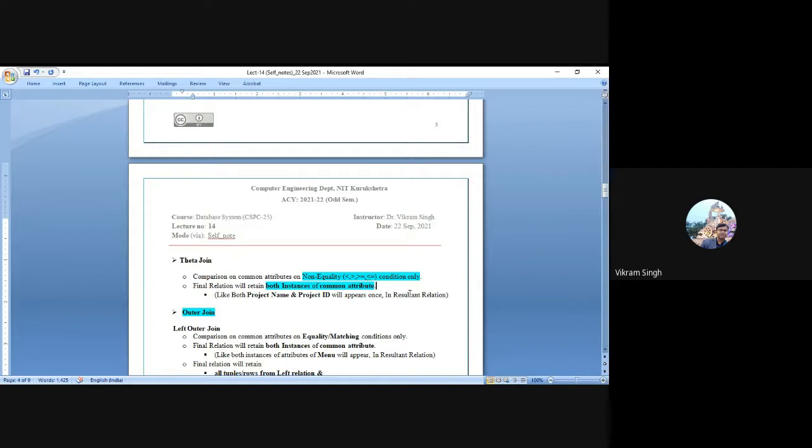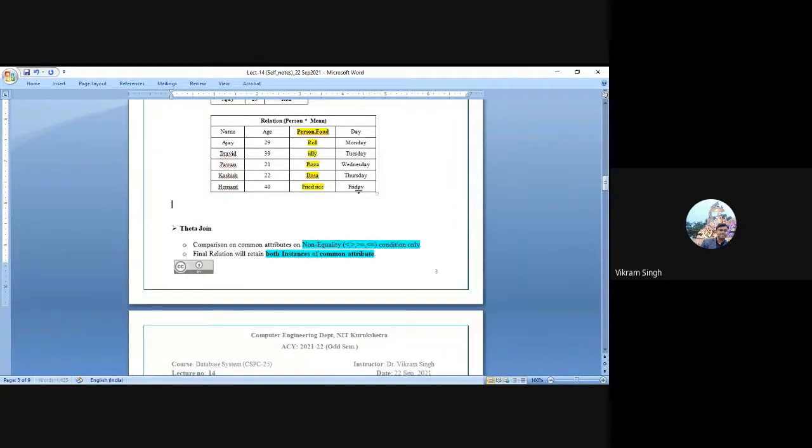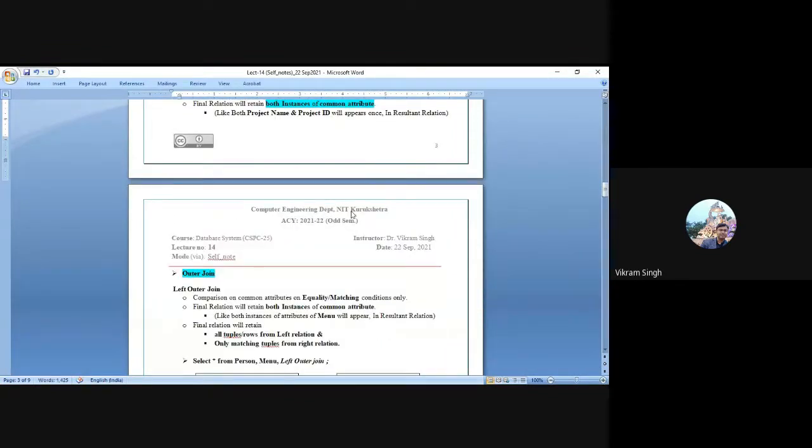Now we will talk about outer join. Outer join is an altogether new type of join operator or join logic, which maintains all the tuples from one relation. Between the two database relations written in the from clause, you can retain all the tuples from one database table, and only the respective matching tuples will be selected from the second relation, right? That's the philosophy.